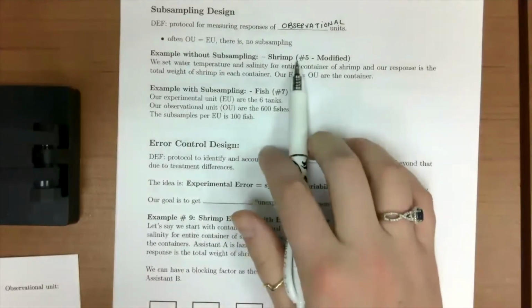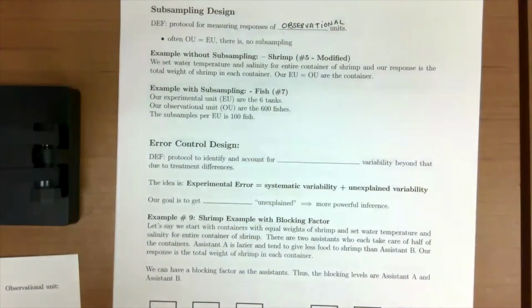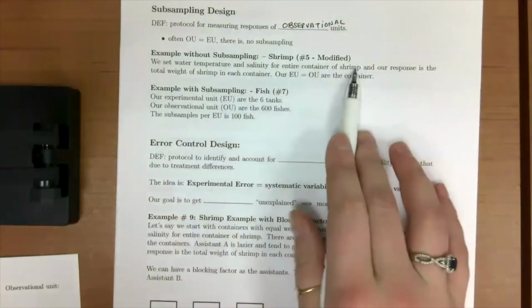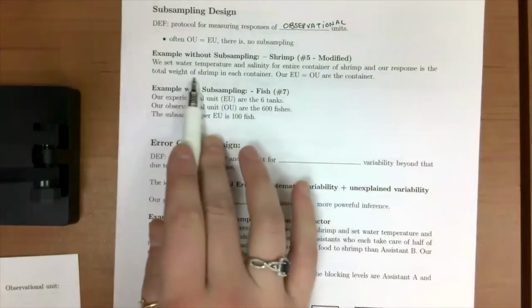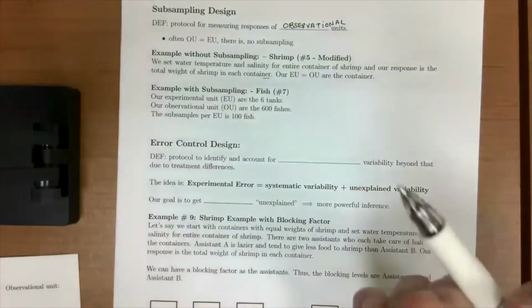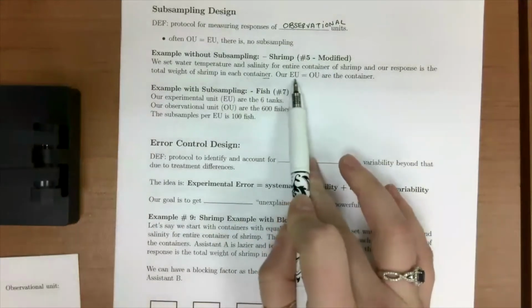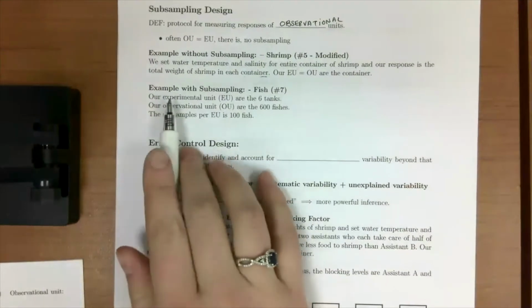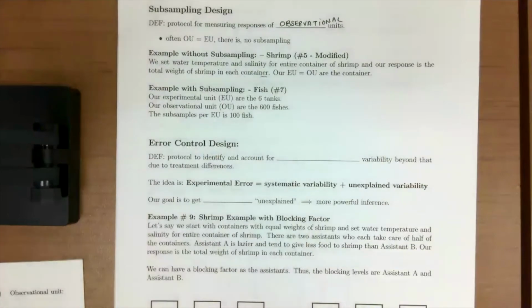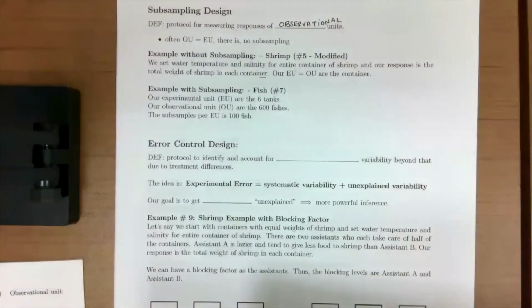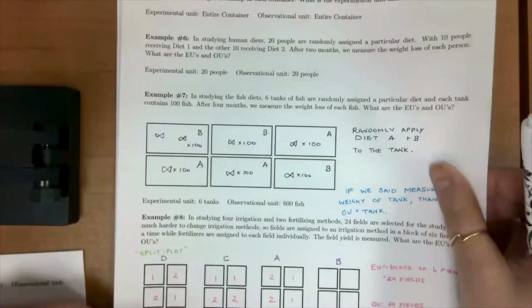So in our shrimp number 5 modified example, we set the water temperature in the saline for the entire container of shrimp, and our response was the total weight in each container. In this case, we don't have any subsampling because our number of EUs and OUs are exactly the same. Okay, now if we go back to our fish example in example 7, this one right here, we do have subsampling because our experimental unit